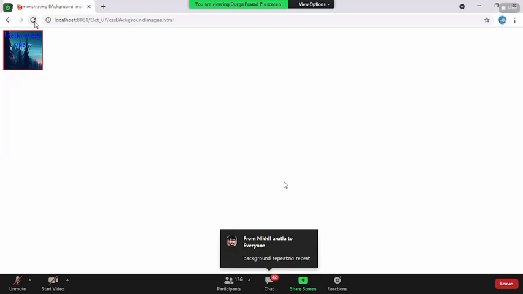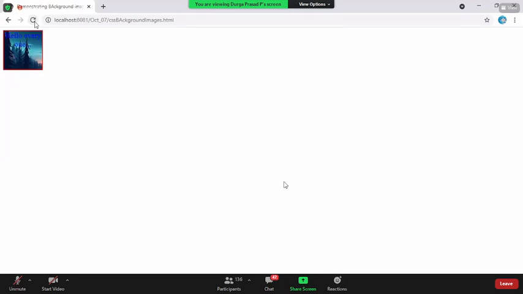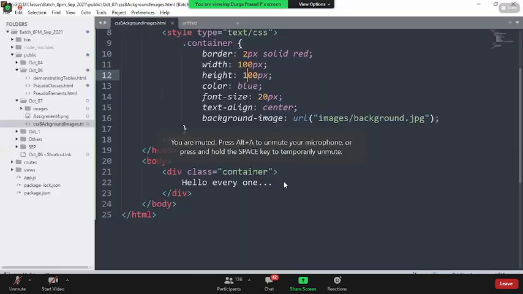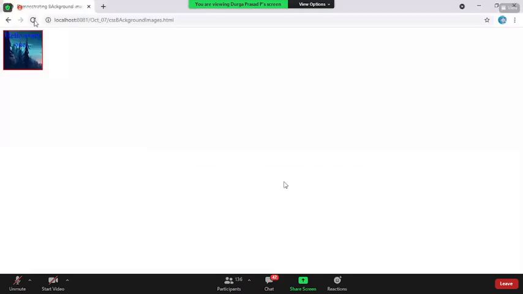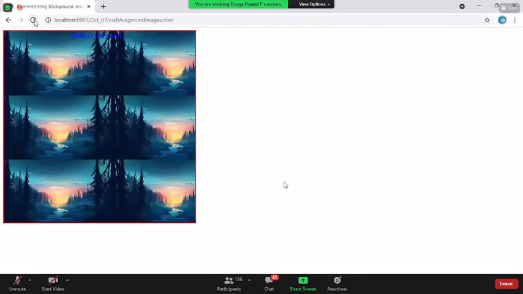If it is bigger than the container, it makes sure it only renders the particular part that fits the width and height of the container. If it is smaller, it gets repeated multiple times. This is how you see a background image getting repeated multiple times, both horizontally and vertically.